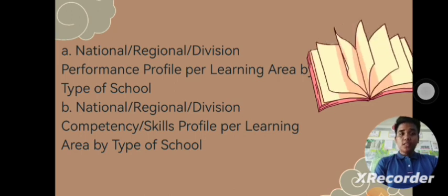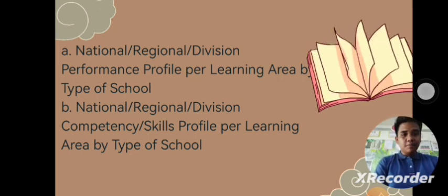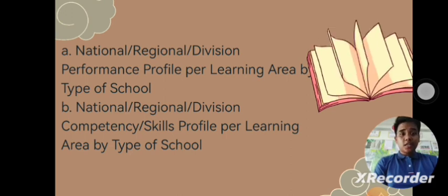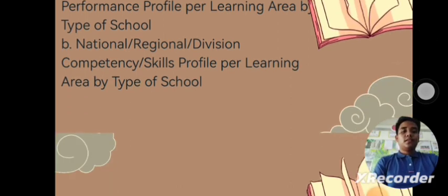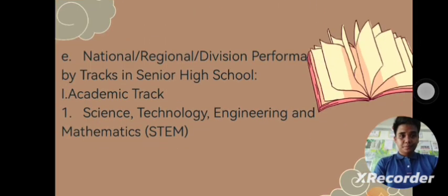So National, Regional, Division performance profile per learning area by type of school, national, regional, division competency or skills profile per learning area by type of school, national, regional, division performance profile of learners with special needs, national, regional, division performance by school location,